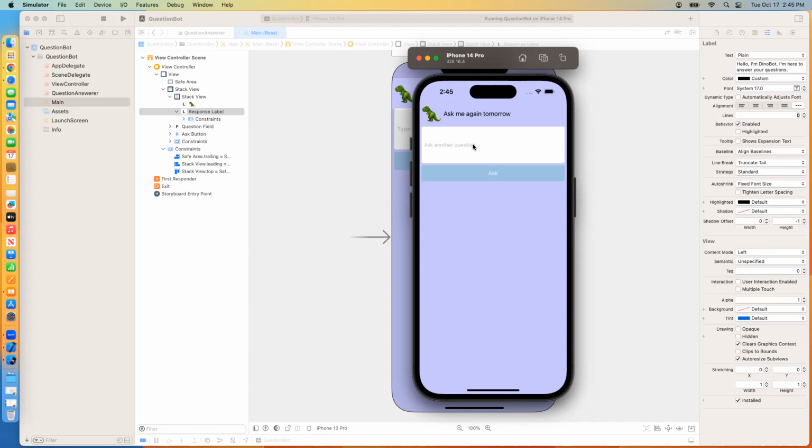It's not a very friendly chat bot, right? All right, but you can just